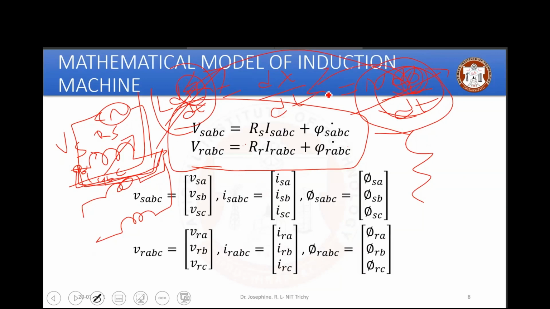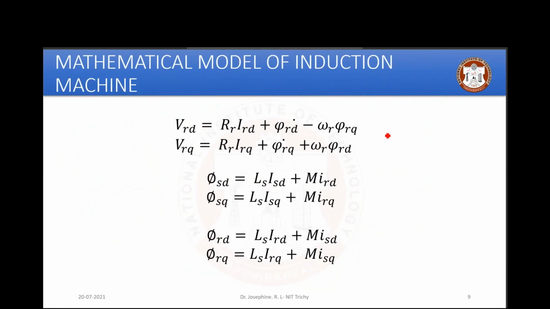That we'll see now. Let us assume that these are three-phase ABC flux, current and voltage values here. Similarly, let me assume for the rotor, we have these ABC values. See, I have written the model in DQ reference. As I told you earlier, in ABC, if you have these three values, this is going to be fixed. This is also fixed. And this is also fixed. Its analogous value in alpha beta is